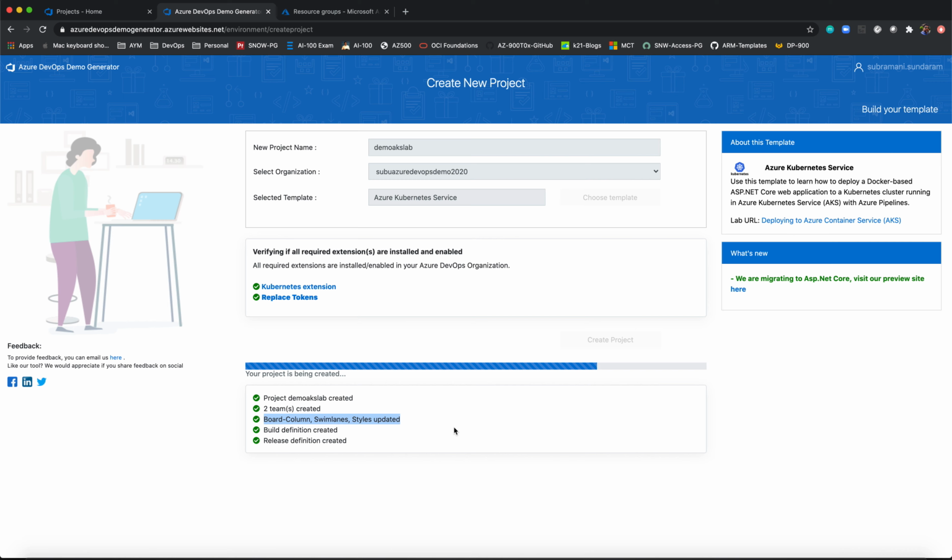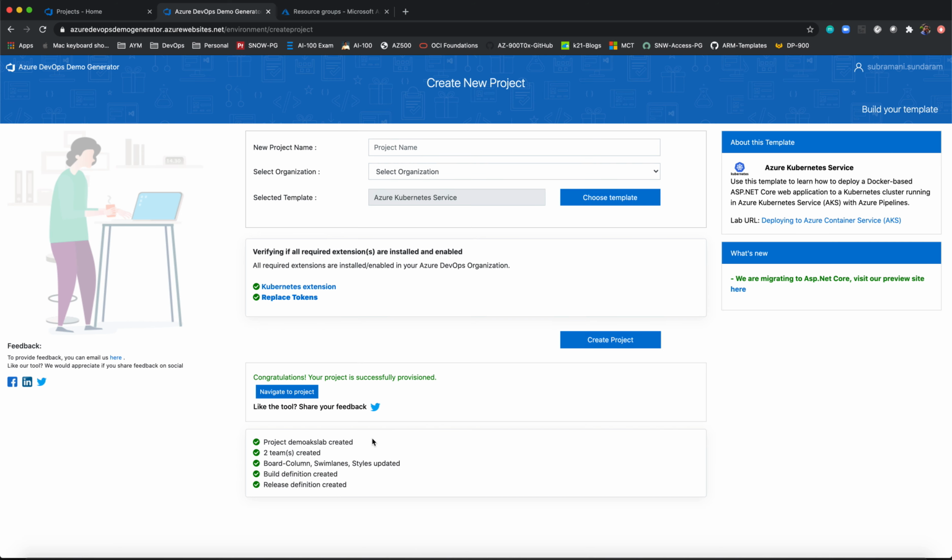Okay, you see, my build definition is created, and my release definition is also getting created. Soon my project cloning will be completed. Okay, my project has been cloned successfully.